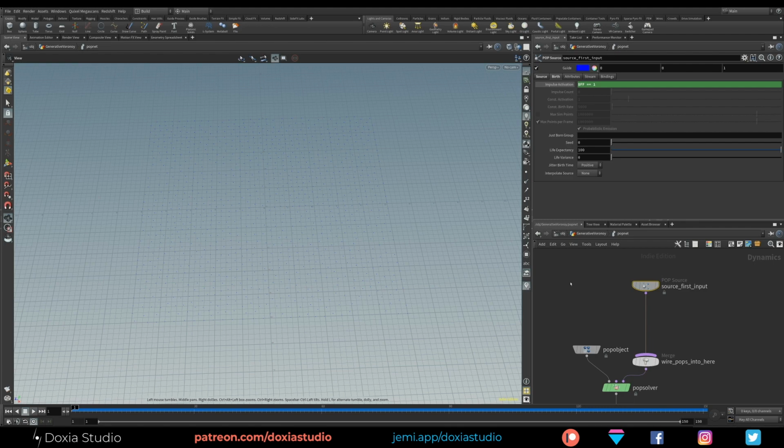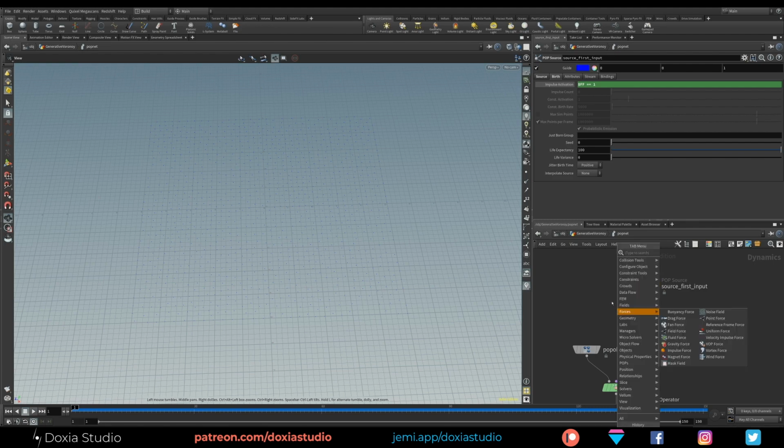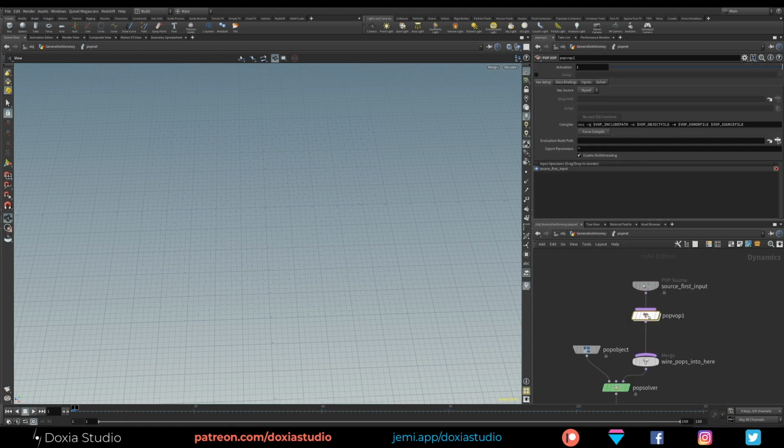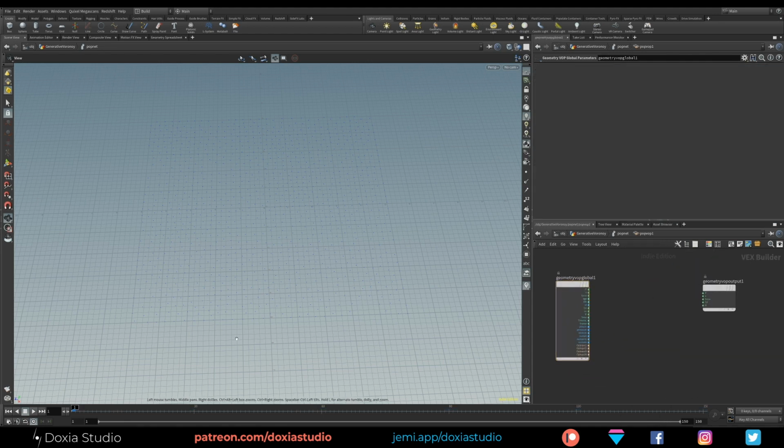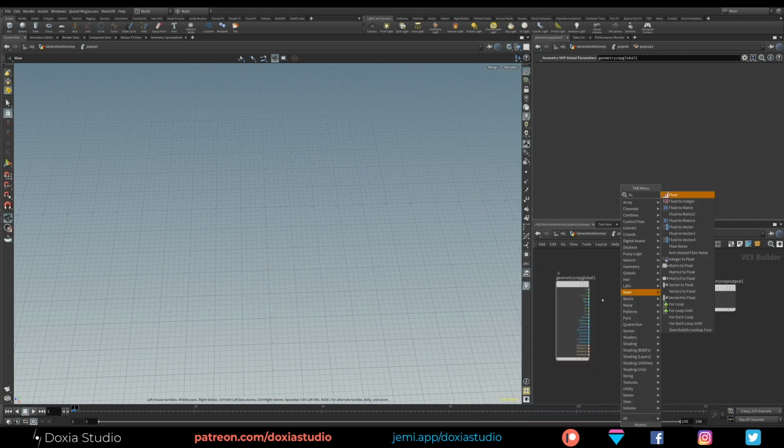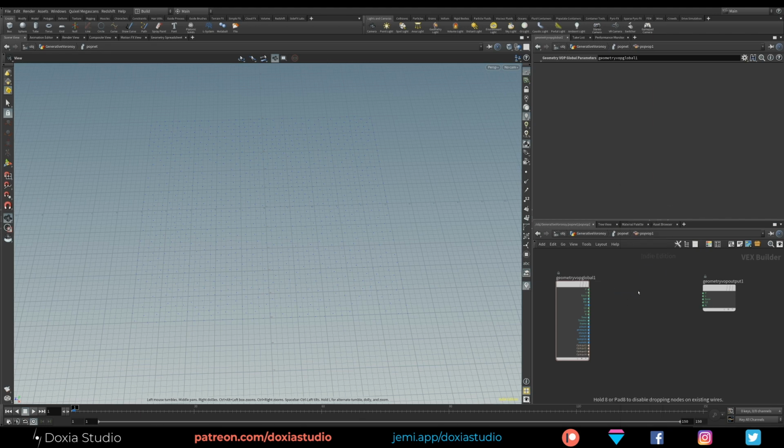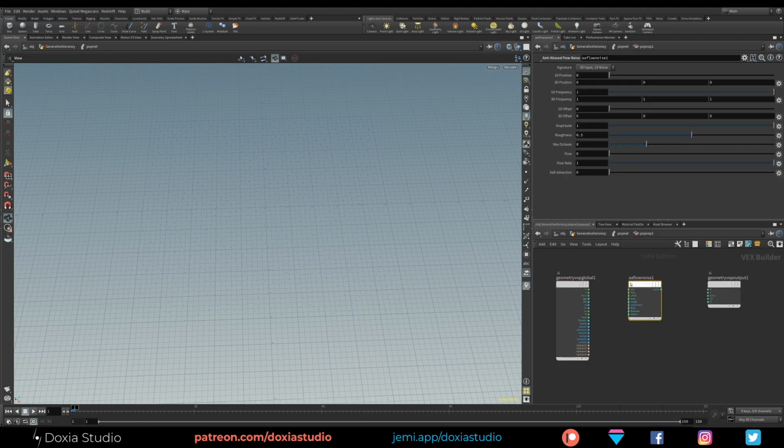So let's add some movement to our particles. So let's add a pop wrangle... let's add some turbulence to our movement. So let's use a flow noise. We always use a curl noise or turbulence, so let's use a different one now. Let's change this to 3D input, 3D noise. We want the output to be a noise with a vector of 3 values. Let's wire the position to the position and our noise to the velocity.